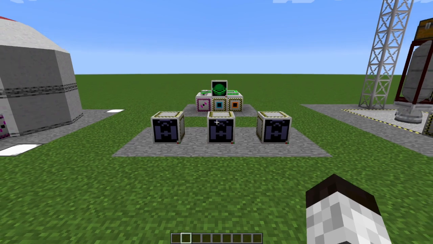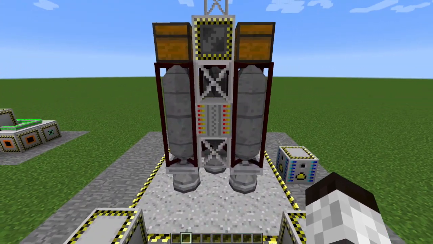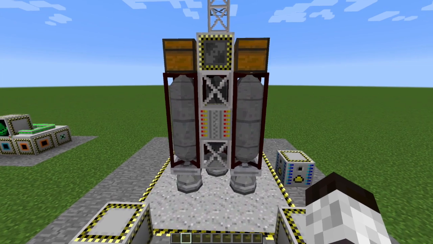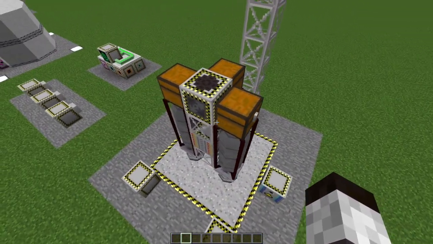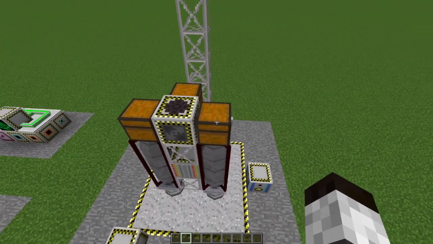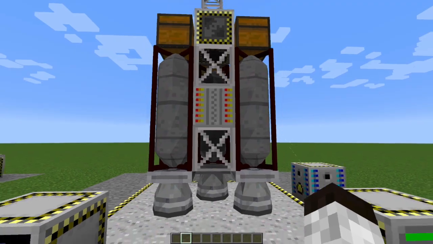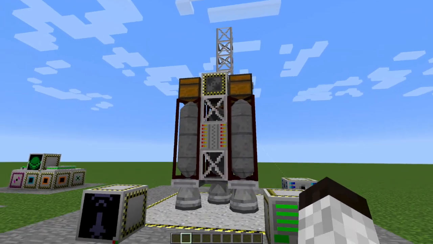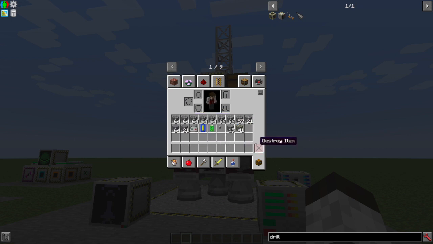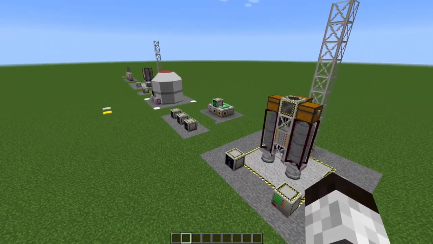And then finally, once the chip is all full of data, you'll bring it over to a special rocket that is specifically for mining asteroids, which has to have a drill and some storage, as well as a guidance computer, where you put your asteroid chip and then use your rocket monitoring station to send it off to go get you some good stuff. So that is it for this part